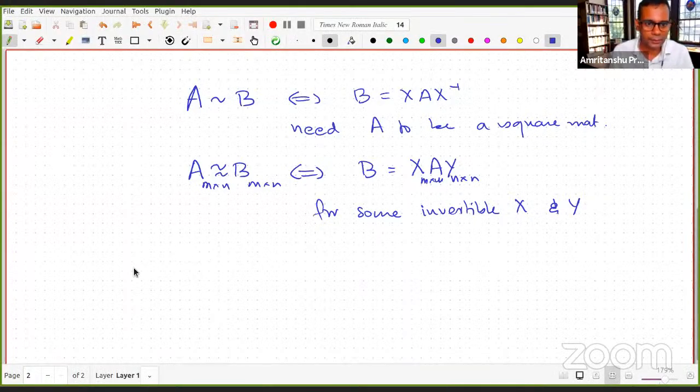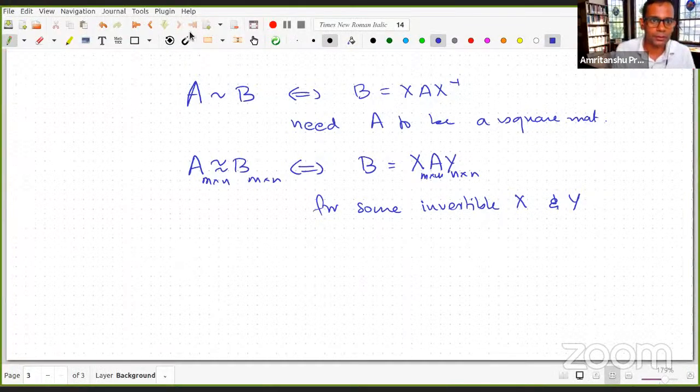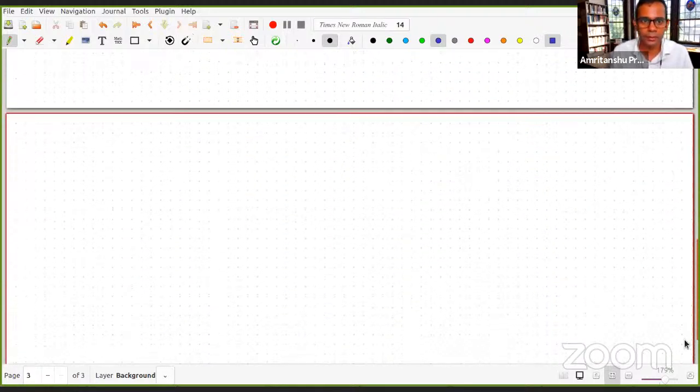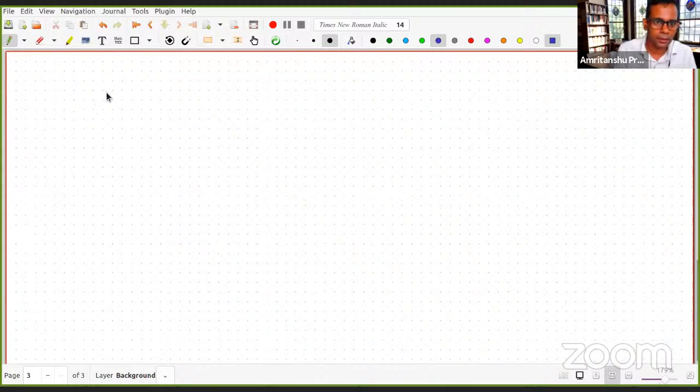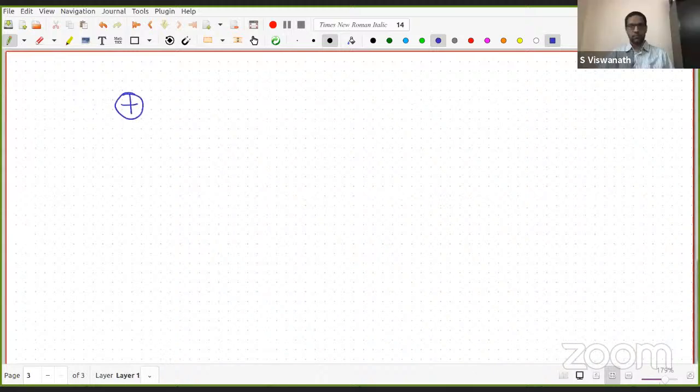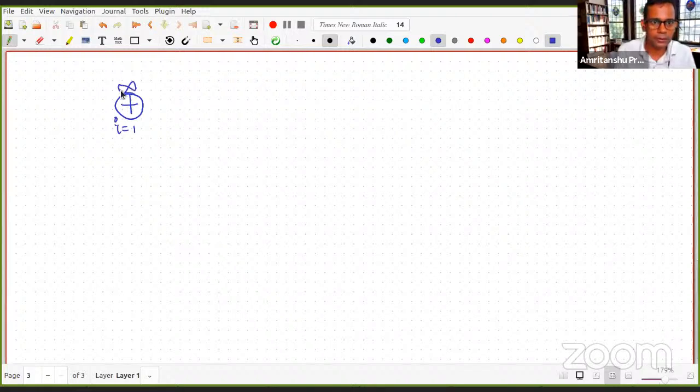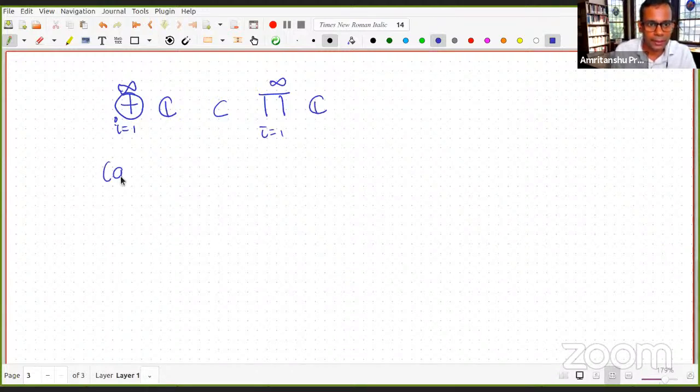So let's take this picture here. So we have the direct sum, i equals 1 to infinity, of, let's just say, C inside the direct product. This is a subspace of the direct product, i equals 1 to infinity, of C. So the only difference is that these are vectors a1, a2, a3, where a_i is equal to 0 for sufficiently